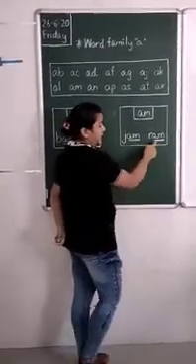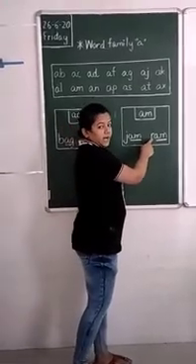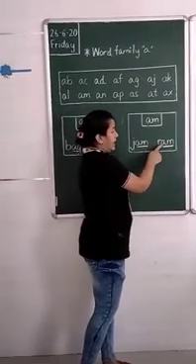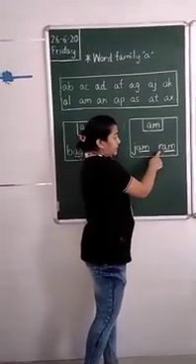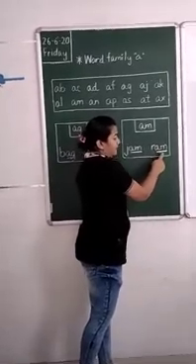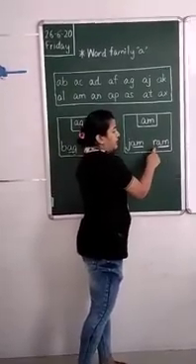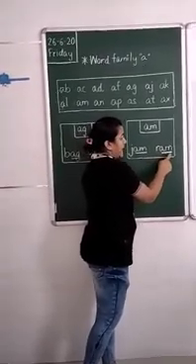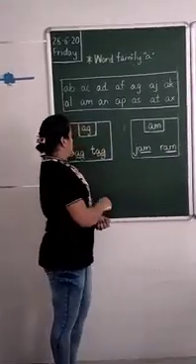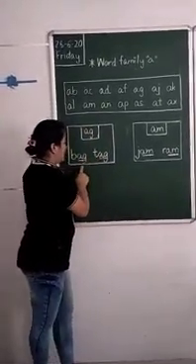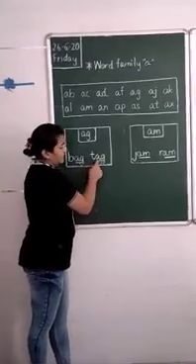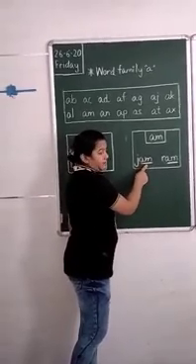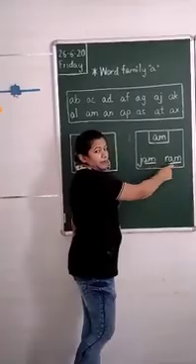Okay, see, here also I have written and searched the family word. We will underline it. Now I have added a consonant R. R says r. So what will it become? R-am, ram. Okay, so we have studied the AG family: bag, tag. The AM family: jam, ram. Okay, children?